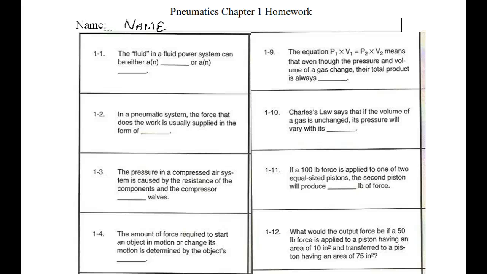So the first question is, the fluid in a fluid power system can be either a blank or a blank. As I read, starting at section 1.01, all industrial plants use a fluid power system of one type or another. Work is performed by a fluid under pressure in the system. A fluid power system may function as part of a process such as heating or cooling. It may be used as a secondary service system such as compressed air. A fluid can be either a liquid, such as oil or water, or a gas. Wait, hold on. A fluid in a fluid power system can be either a liquid, I think it said liquid, so you write liquid here,